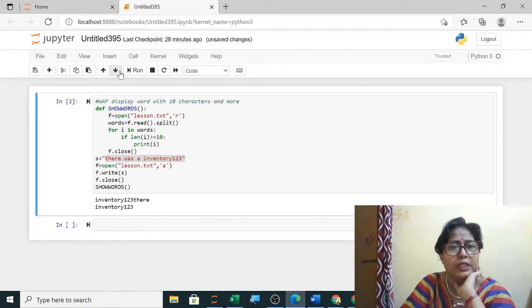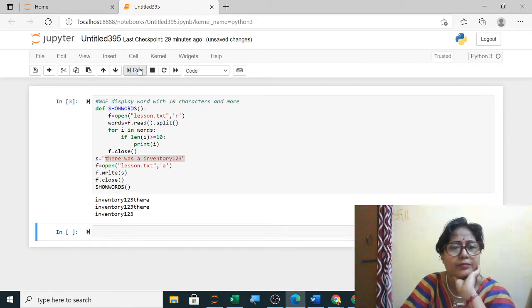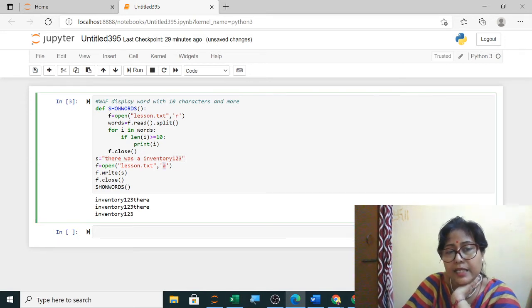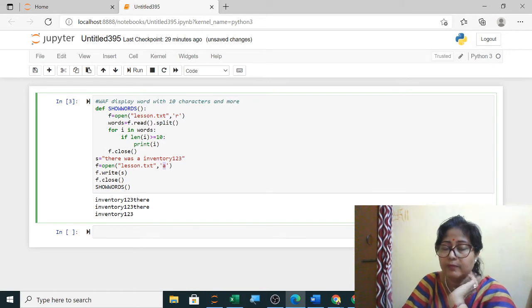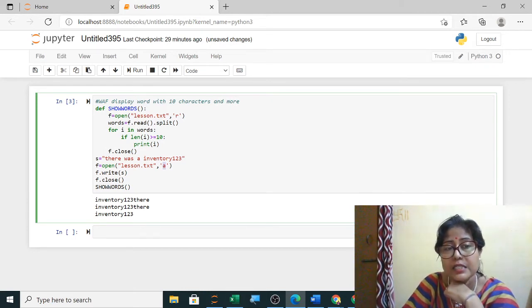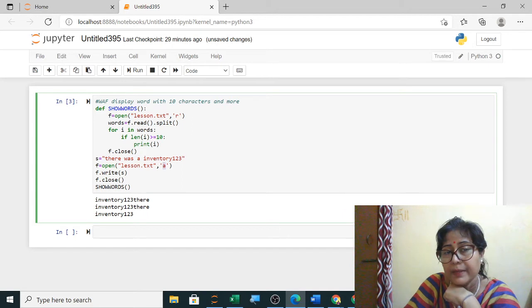How to do it? We will use readlines, and then for I will use here. Why it showed there here? Acha. Now look here what is happening. When I am appending, it means it is adding. So once when I executed, it was showing inventory 1, 2, 3. But second time when I am executing, after this line, it is showing again there because it is appending here. Appending means this line, it is adding at the end.